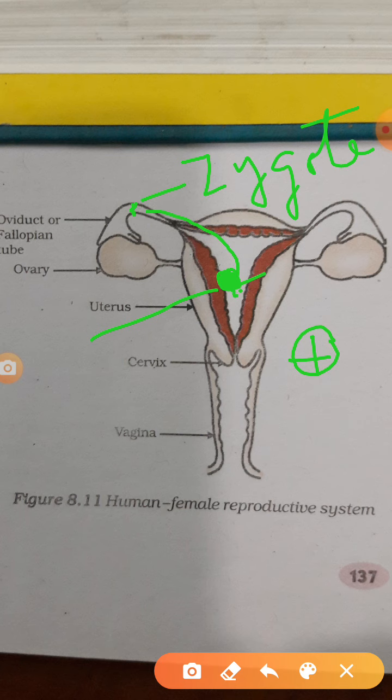Once it is attached, now the developing embryo receives nutrition from the wall. The wall, that is the endometrial wall, is fully supplied with blood, fully supplied with mucus, and that is helpful for the